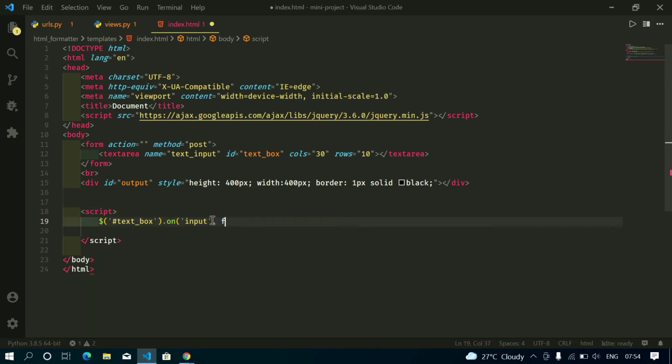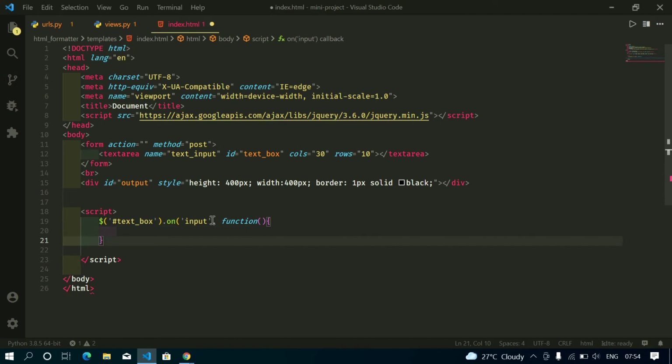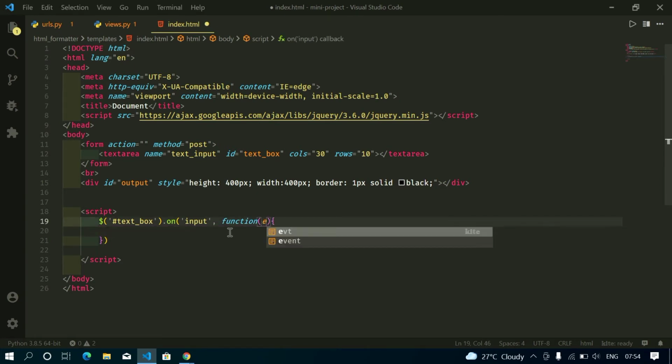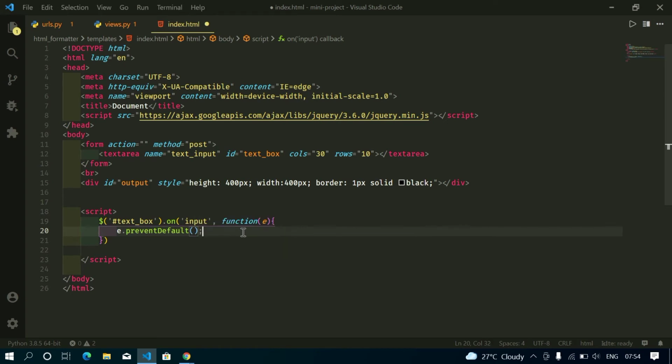So whenever we input something, this will get triggered and this function will get executed. Yeah. And I need an event object to prevent the default submission of the form, so Ajax will take care of it. So prevent default. And now we'll write our Ajax function,